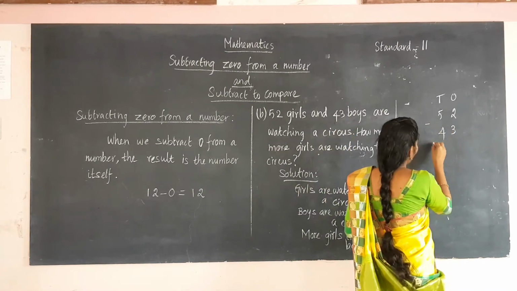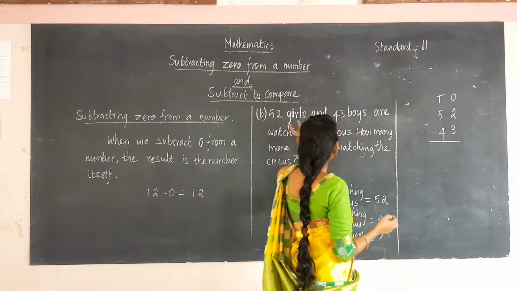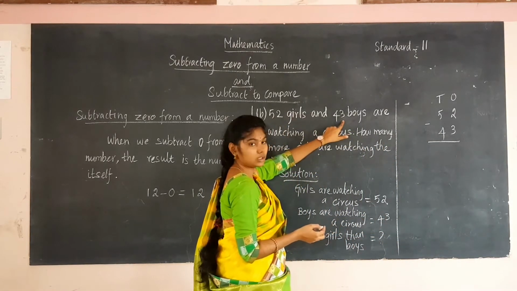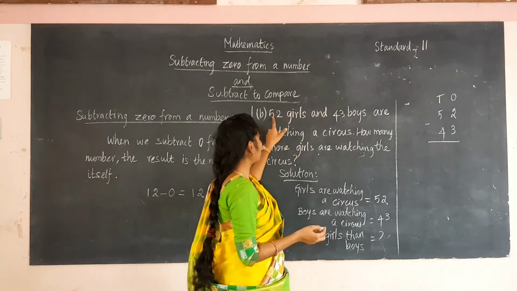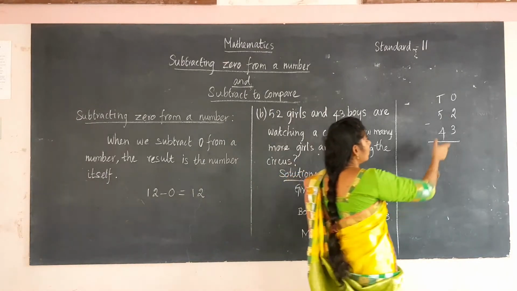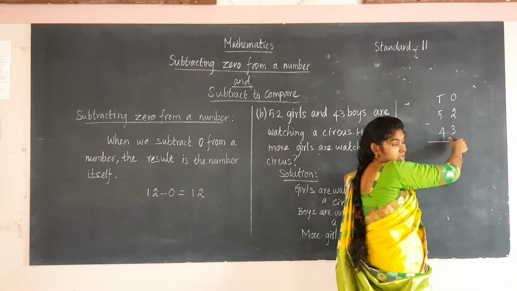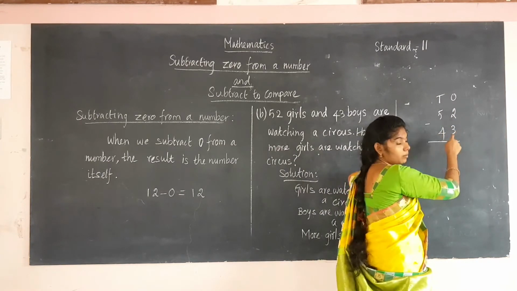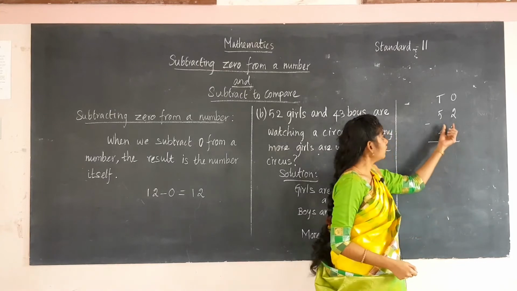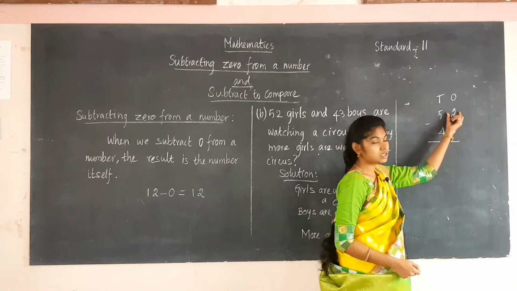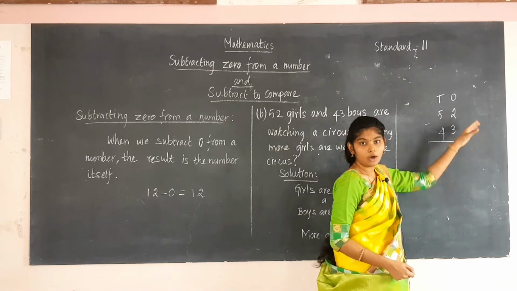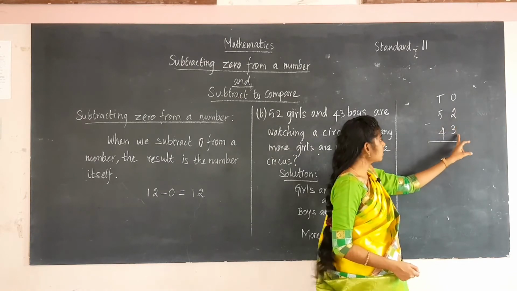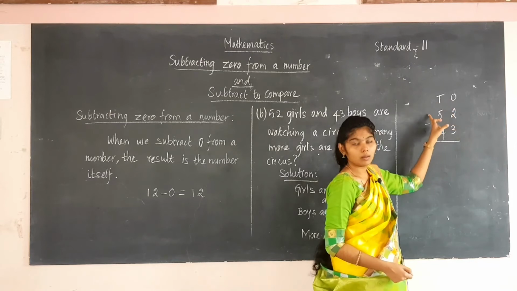Now we can subtract these two numbers. First we have compared these two numbers, that is 52 minus 43. 43 is subtracted from the number 52. So first we have to subtract in the ones place. Here we take the first number in the mind and the second number on the fingers. Before that we have to check whether the first number is greater than the second number. The first number is smaller than this number, so we have to borrow from the tens place.